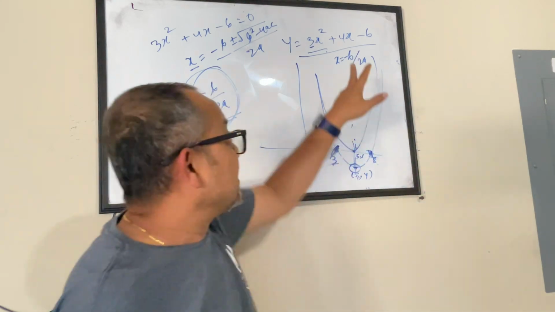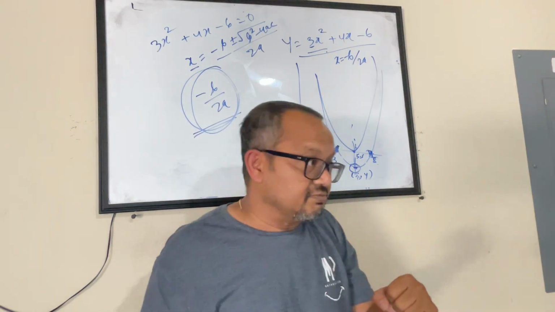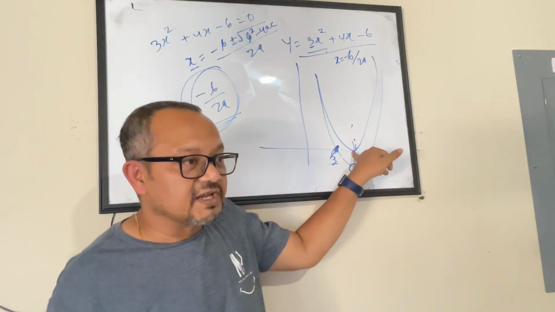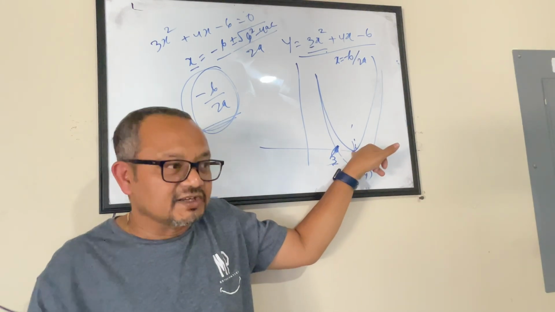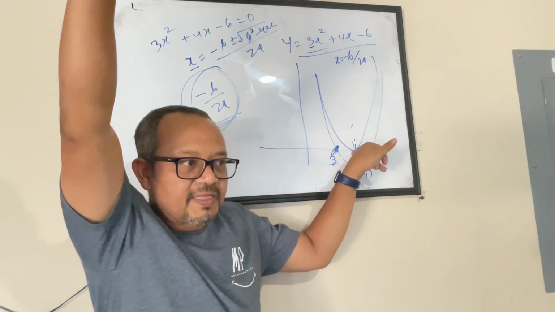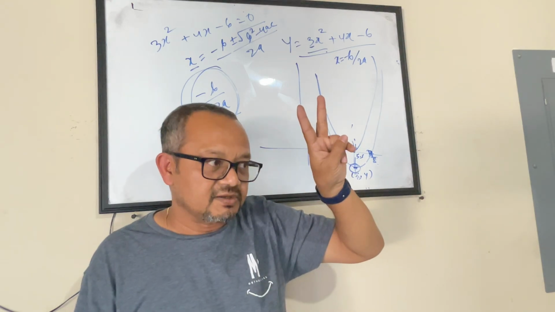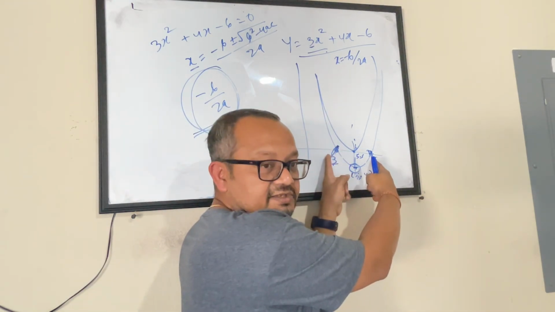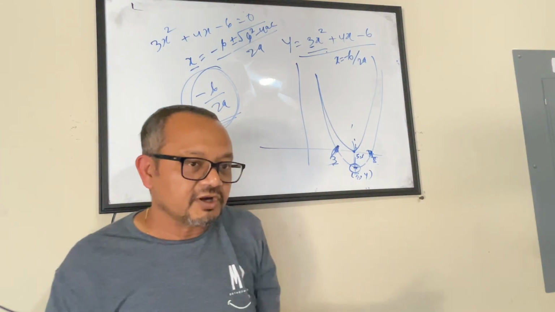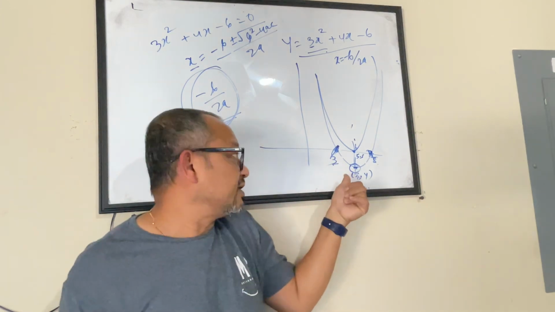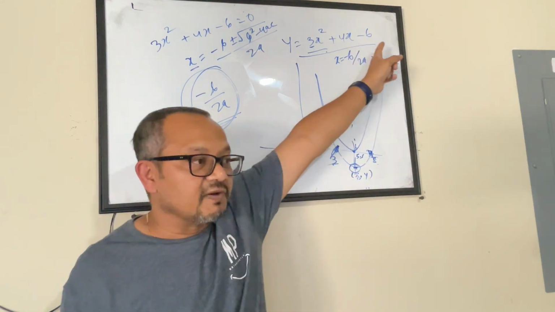First attempt would be to find the discriminant from this quadratic equation. Once you find the discriminant, if the discriminant is 0, you're done. Whatever is the x value, minus b by 2a, that is the point where it is touching the x-axis. But if the discriminant is not 0, then you are potentially getting two answers for x, meaning there are two places where it's touching the x-axis. And then you can find the x value for both of them, divide that by 2 or get the average, and that becomes your x point for this vertex. And then apply that value for x to get the corresponding y value for the vertex.